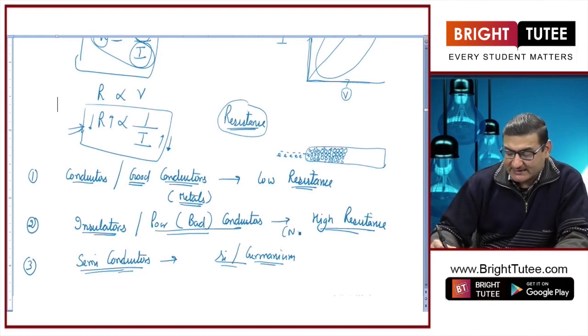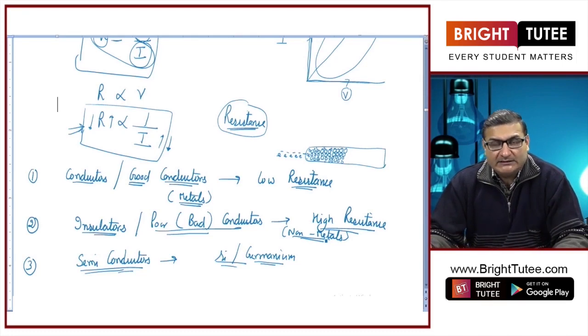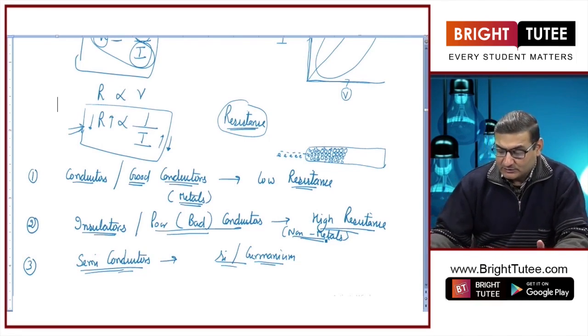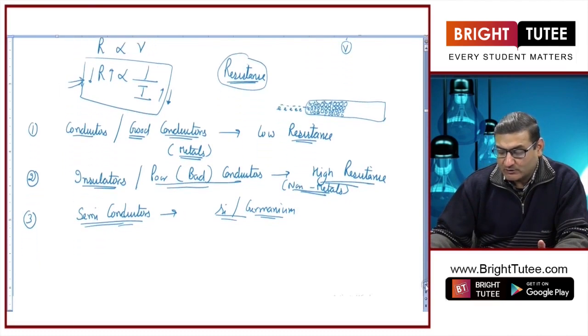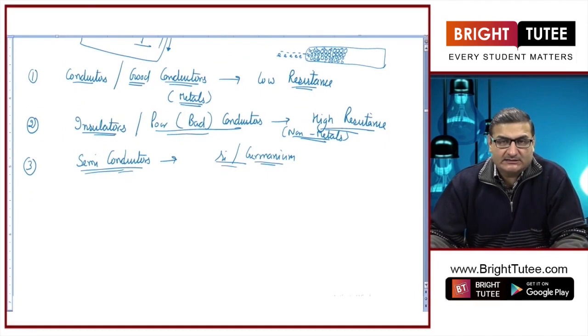All the non-metals except graphite, the graphite form of carbon, as we have studied in chemistry, are basically poor conductors of electricity because they offer a high resistance, right? Plastics, glass, non-metals, wood, they all are poor conductors, bad conductors, insulators. Fine. So, this is what Ohm's law states, and this is what we have seen about the substances